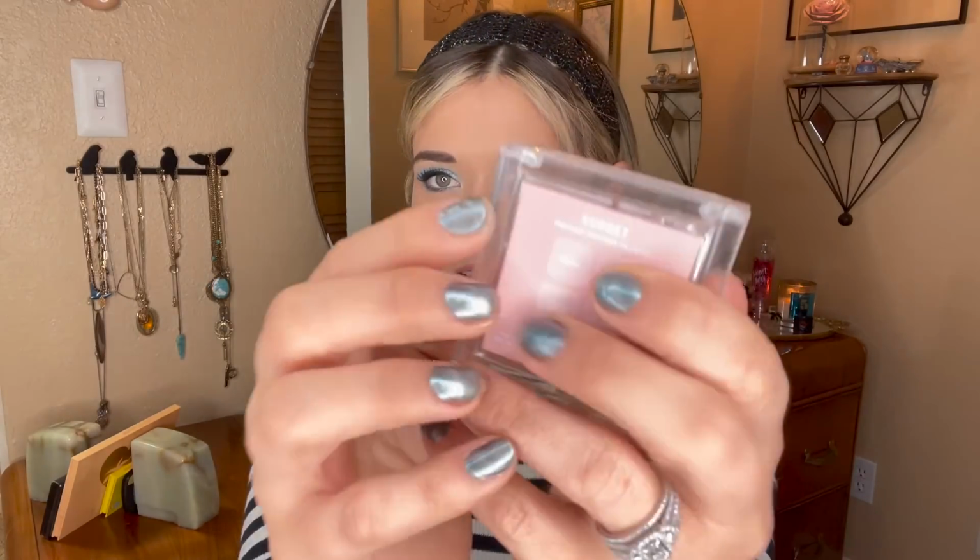I'll be honest, I am a little bit clumsy. I can be a little bit clunky with my items, just kind of tossing them around. I really try not to, but mistakes happen and sometimes it takes a little spill. Even those little bumps and bruises are really making some damage. So I'm going to be really delicate with this one because I anticipate this one falling apart on me if